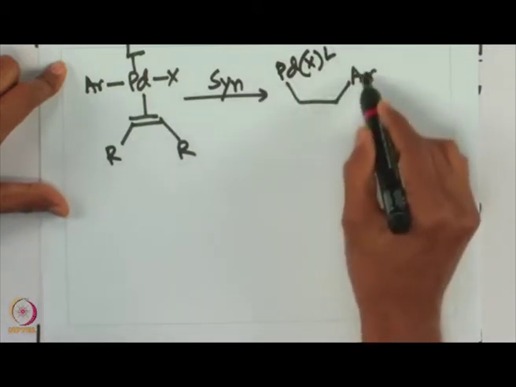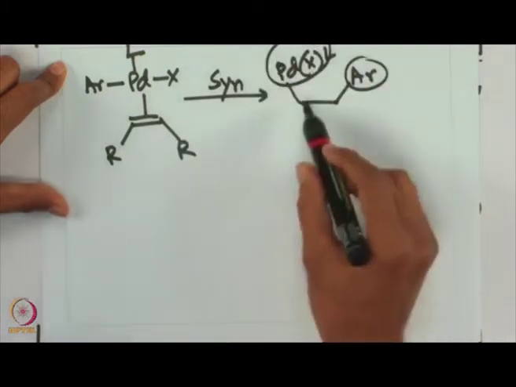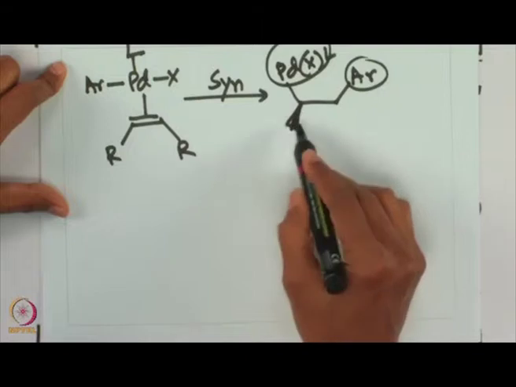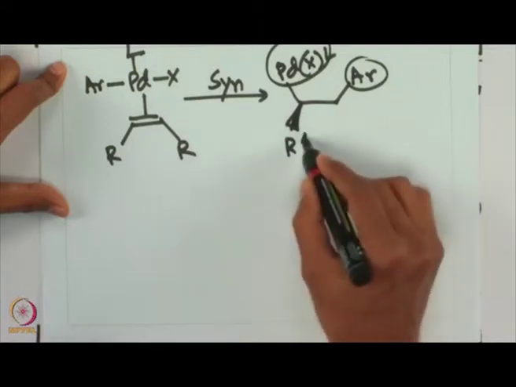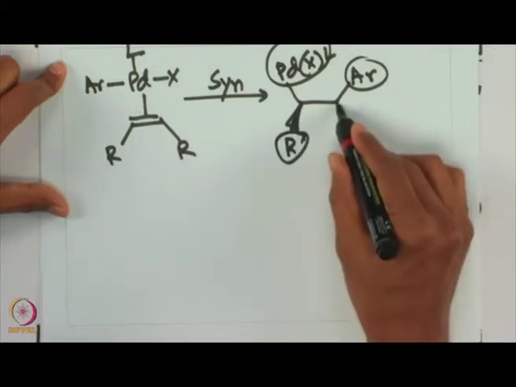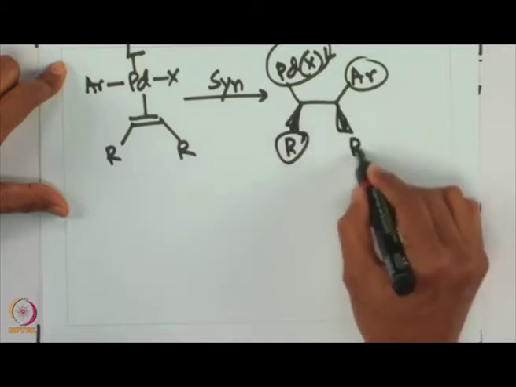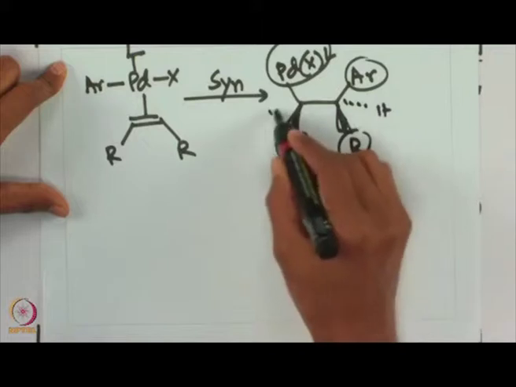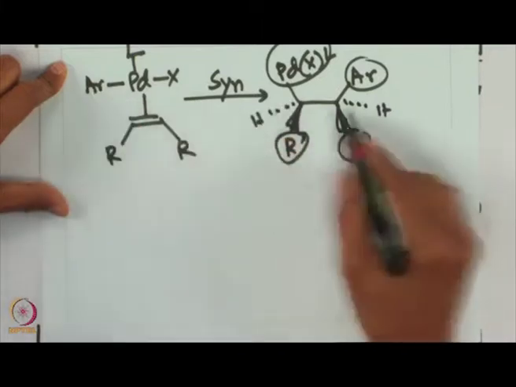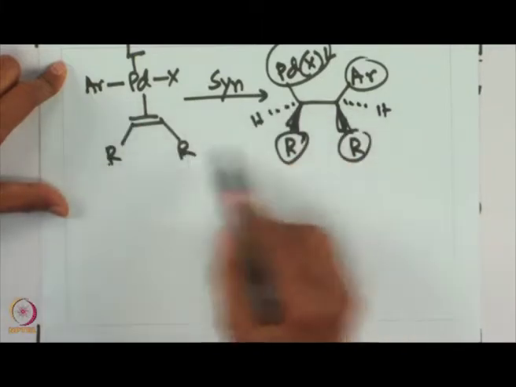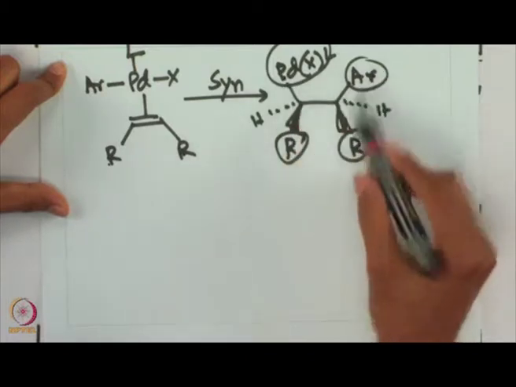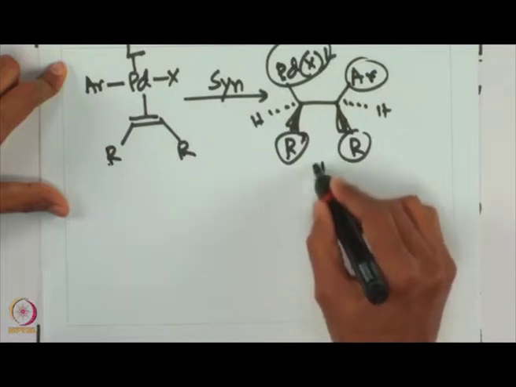So, this is the syn addition, both the aryl and palladium attached at the same side, and from there on we do see that R and R, of course, are on the same side. The hydrogen is on the other side. So, R and R are on the same side, palladium and aryl at the syn addition, and overall then